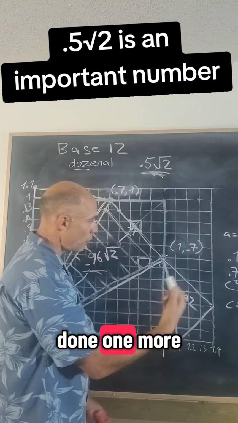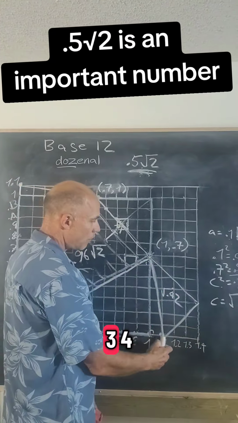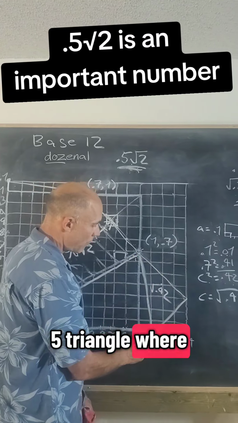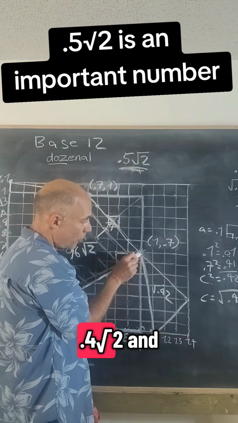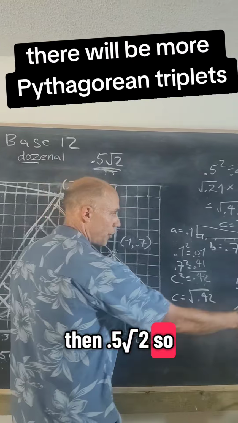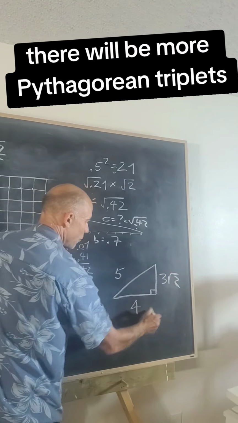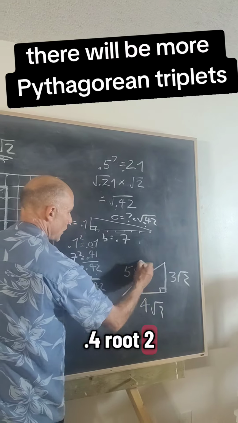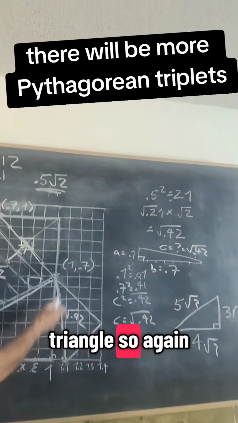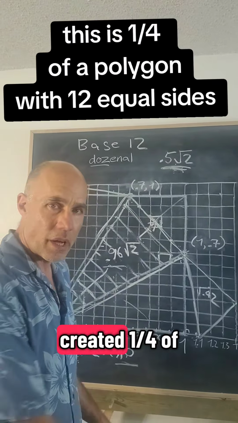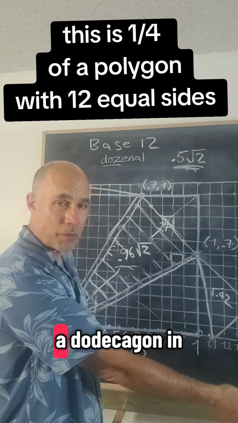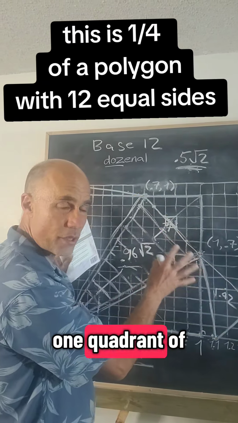And I've just done one more thing here. I've drawn a 3, 4, 5 triangle where you have the length of 3 root 2, 4 root 2, and then 5 root 2 is this triangle. So again, this length is, okay, so we've now created 1/4 of a dodecagon in one quadrant of the Cartesian